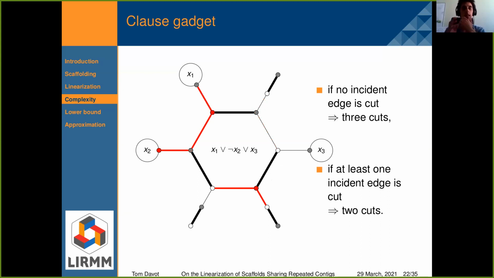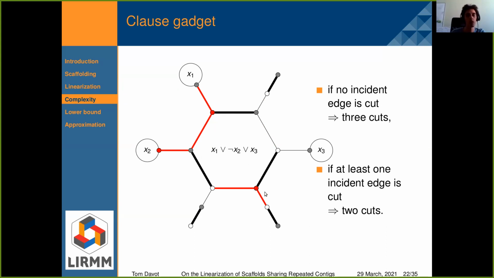But if at least one incident edge is cut, for example the edge between x2 and this clause, then I just need to use 2 cuts in this gadget, because if I cut this vertex, it allows me to clean this matching edge and also this one.